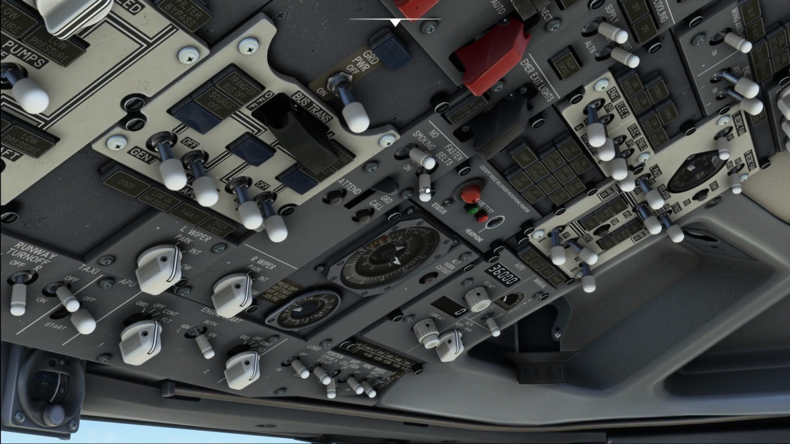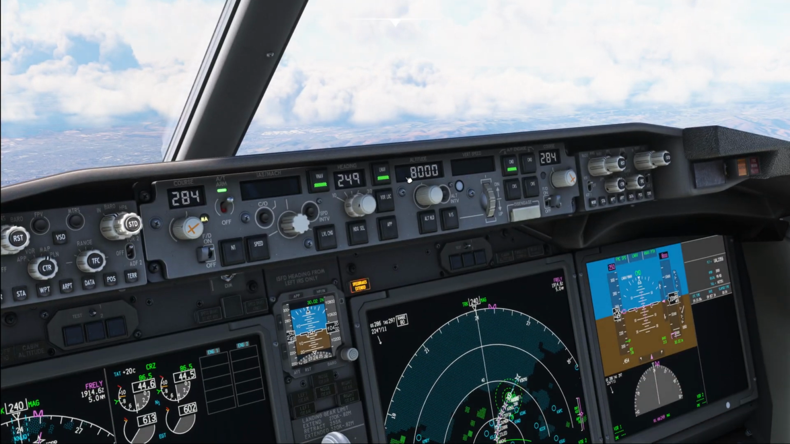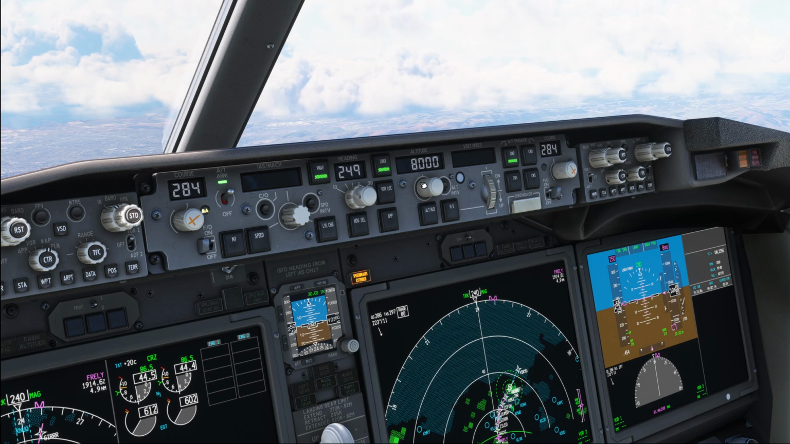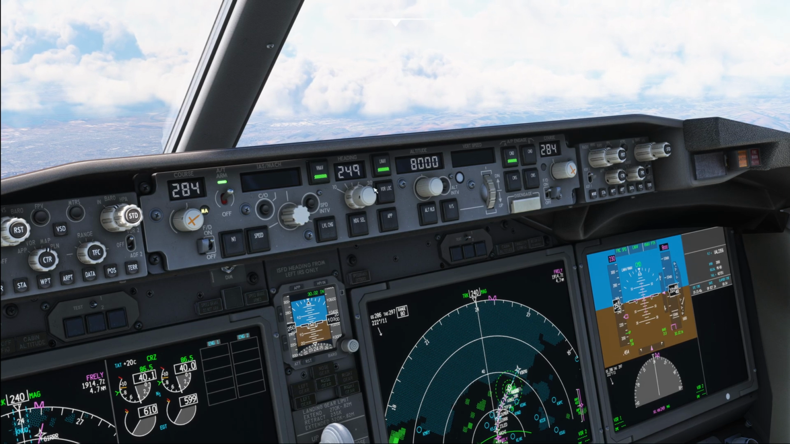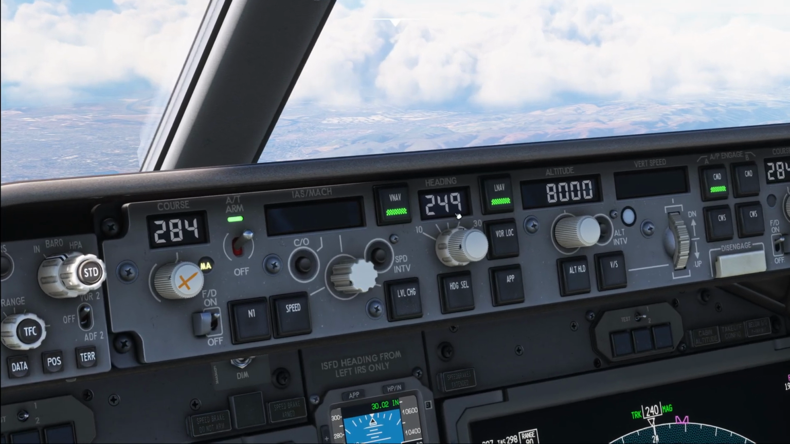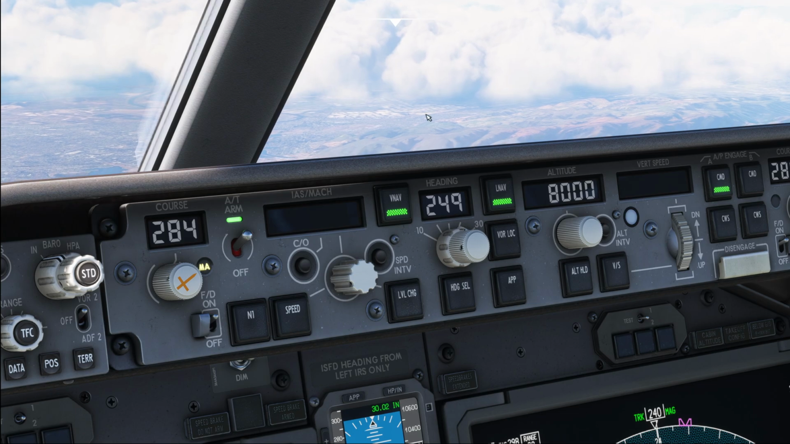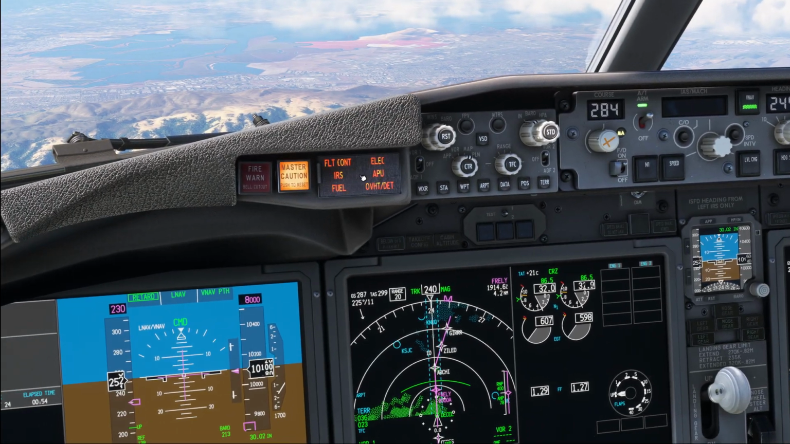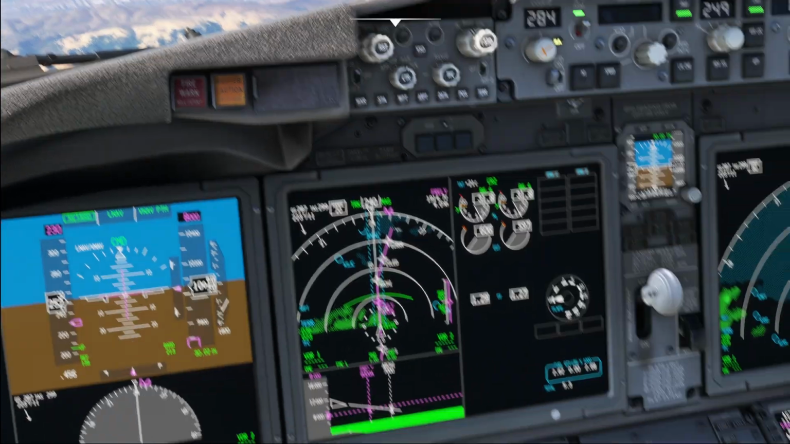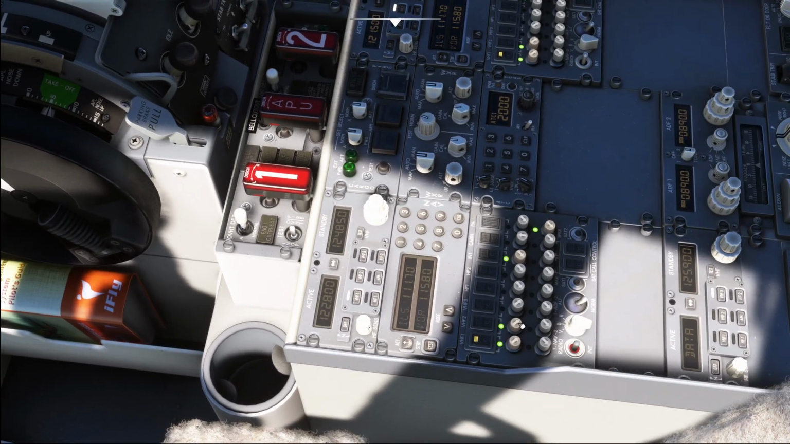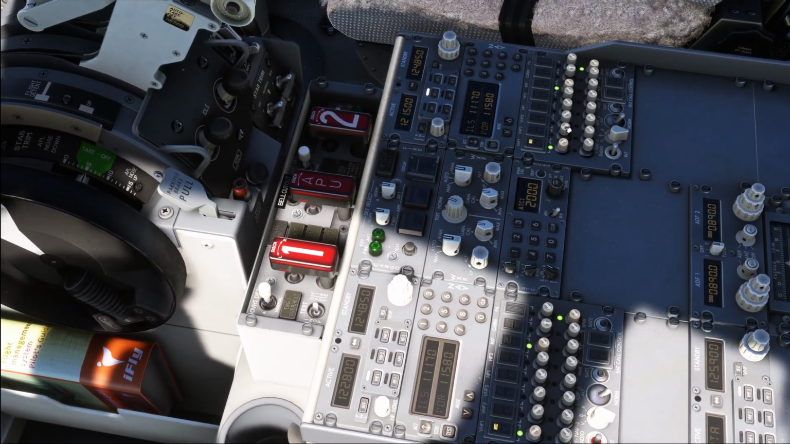We ensure that our fasten seatbelt sign is on, and then we move down to the MCP, where we check that the bank angle limitation has been reset to 25 degrees. We run a recall, and last but not least, we are going to deselect the emergency frequency 121.5,